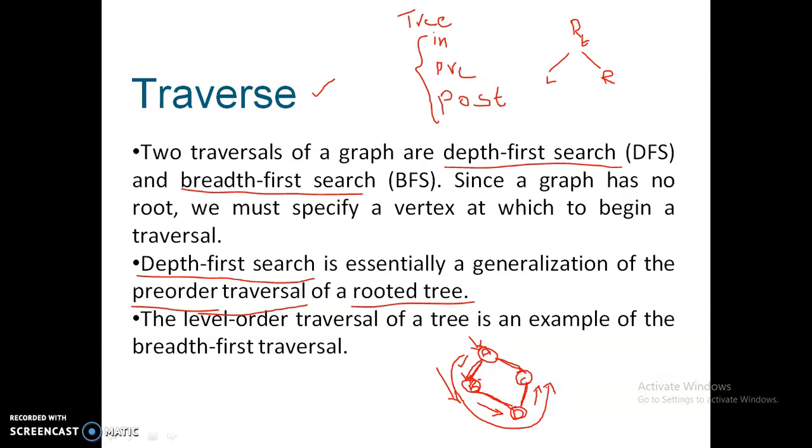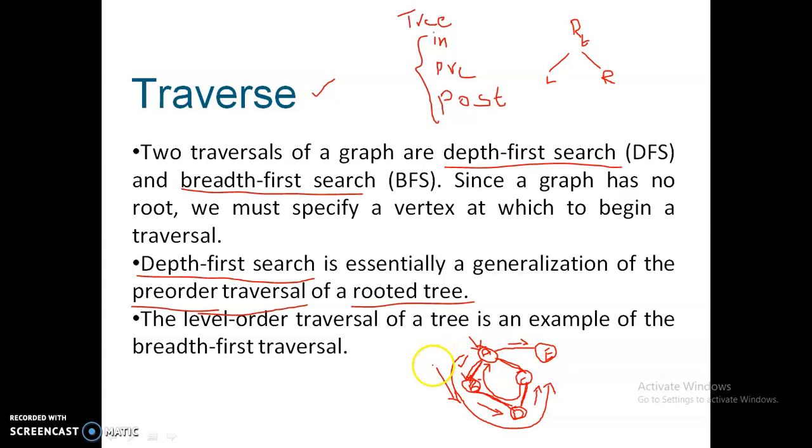In some graphs, say for example there is another vertex E connected from A. Whenever you move from A to the next vertices B, C, E, B is alphabetically first, so we move to B. When you complete C, we have one more vertex to be traversed, so we need to go back: back to D, then back to B, then back to A. Then we traverse E. That is, by checking each and every vertex whether it is traversed or not, we go back and traverse the remaining vertices.